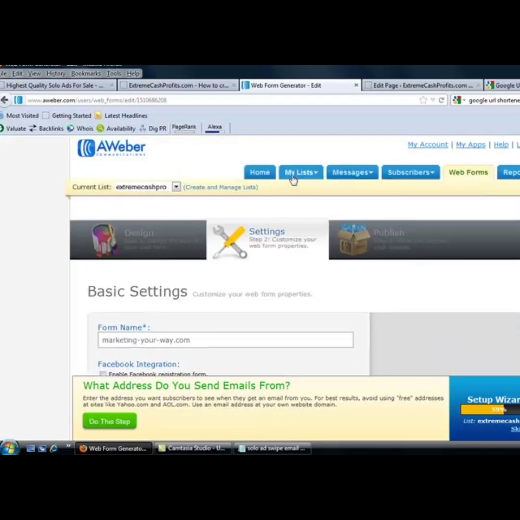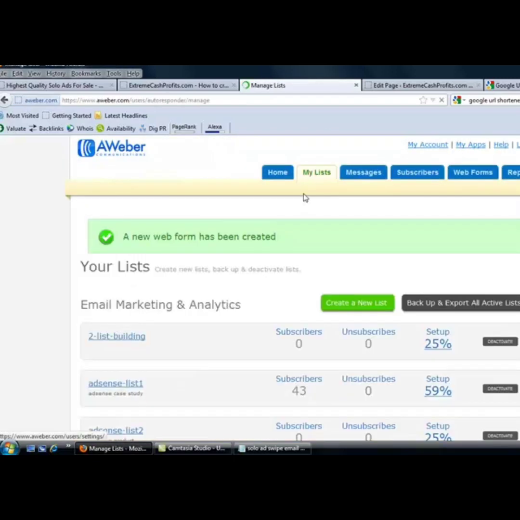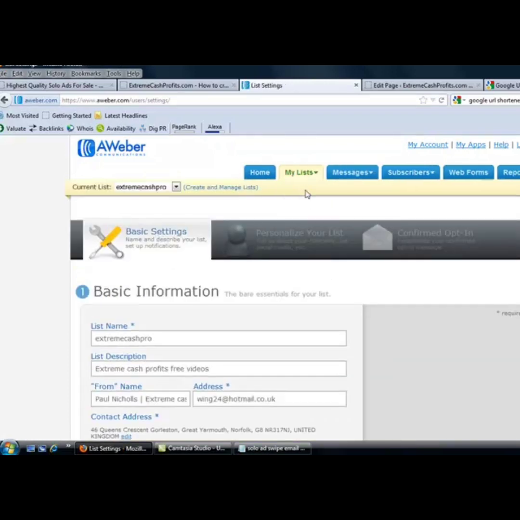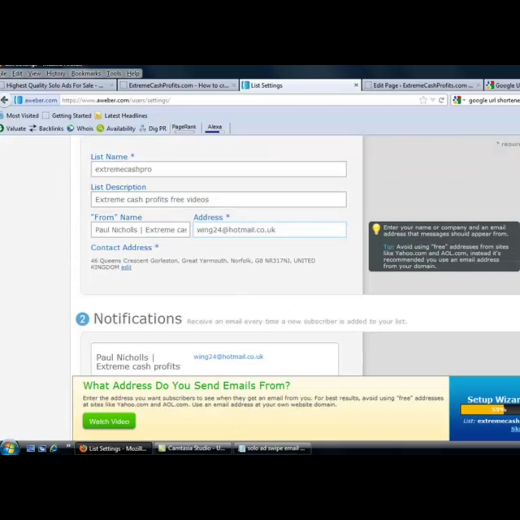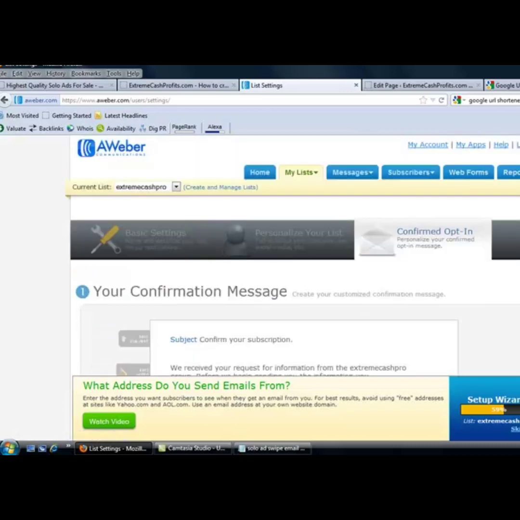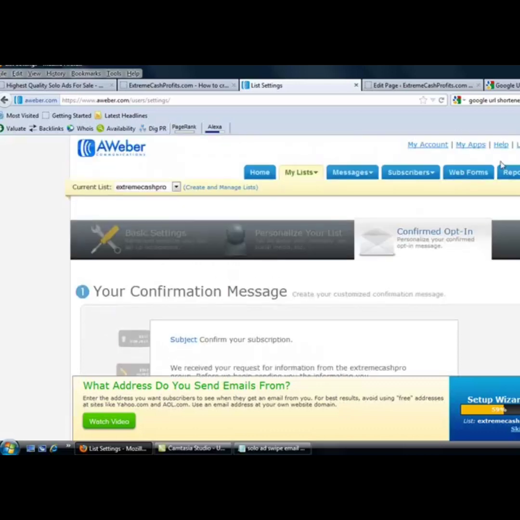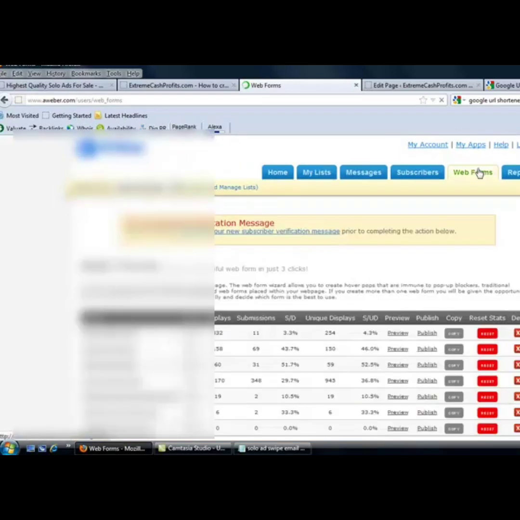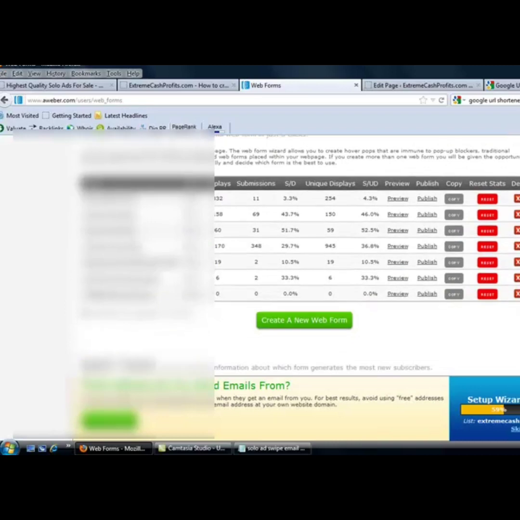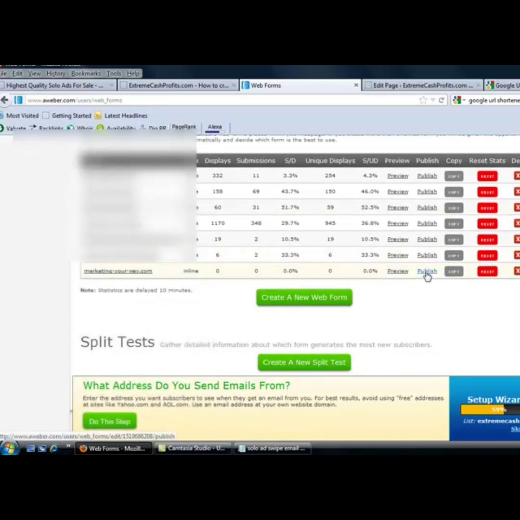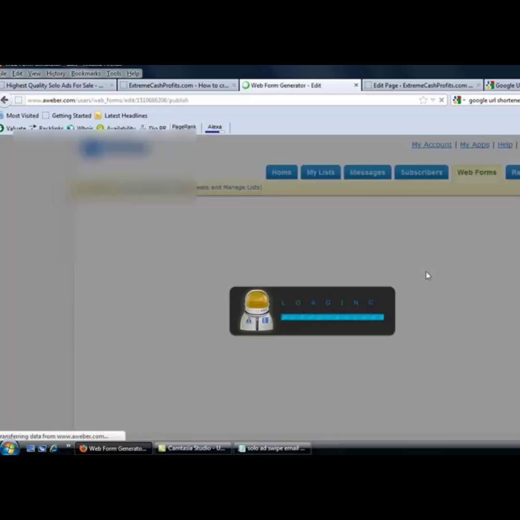You do that by going to your list settings for your main web form, and then confirmed opt-in here, look, and make sure it's turned off, as in red. Green is on, red is off. Let's go back to our web forms, go down to the bottom here, you'll see a new one's been created. That's fantastic. We want to publish that, and we get our HTML code,